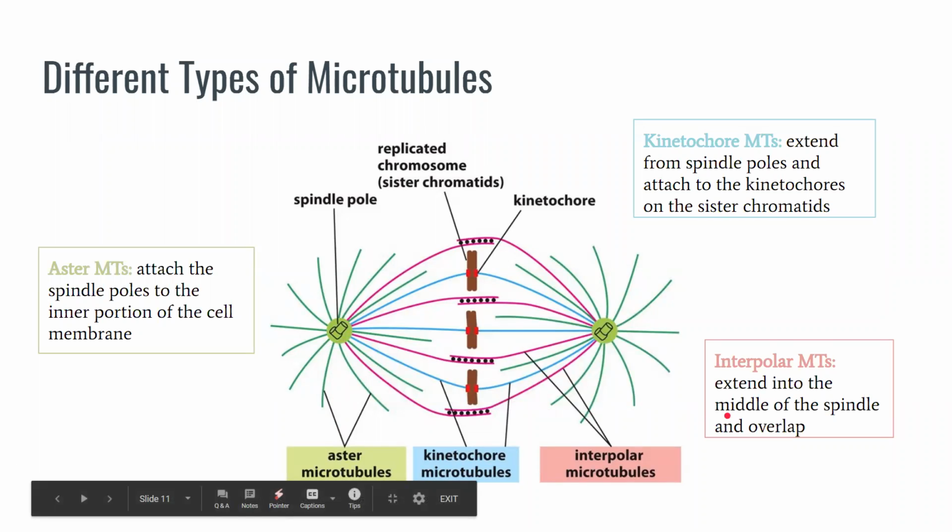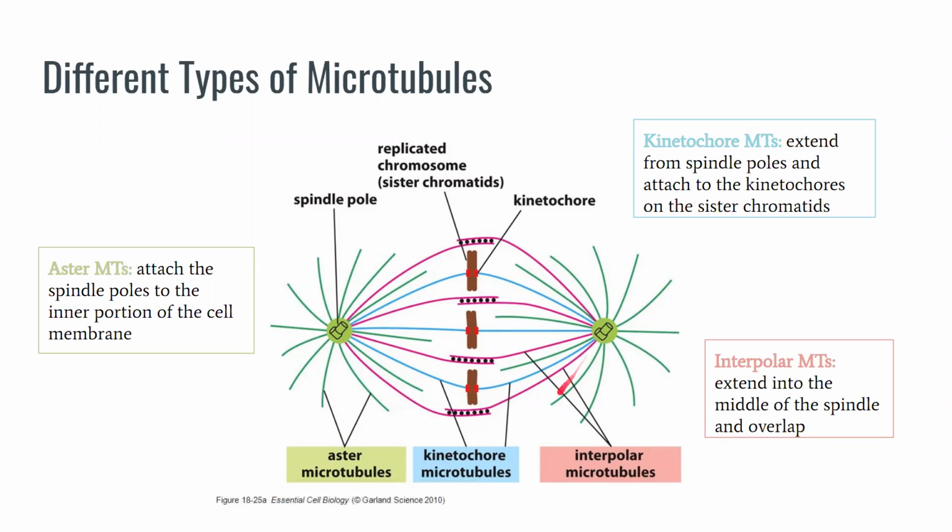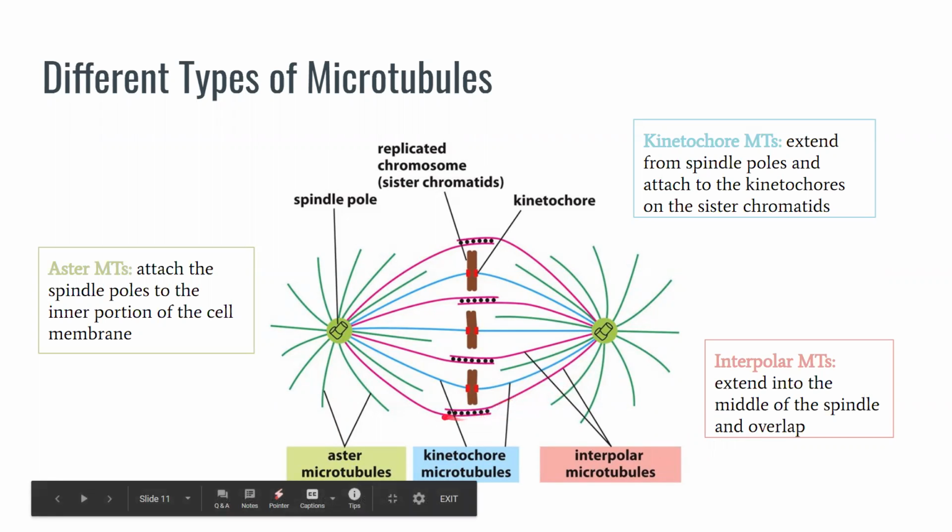Then the interpolar microtubules, which are here in pink, extend from the pole to the middle. These are the ones that overlap and are held together by these proteins. They basically stabilize the spindle. That's their main job. And then lastly, in blue, we have kinetochore microtubules, which come from the pole and